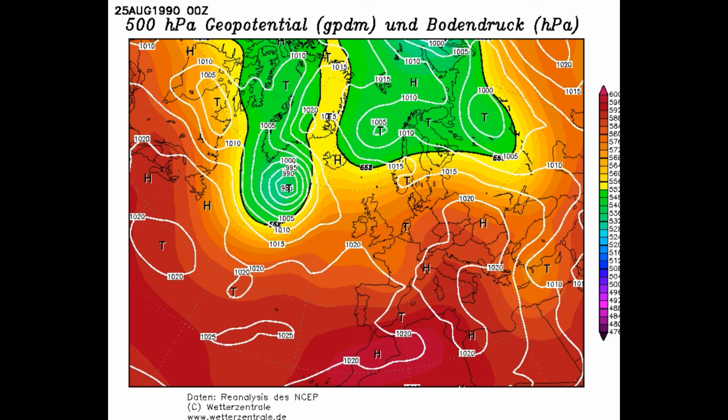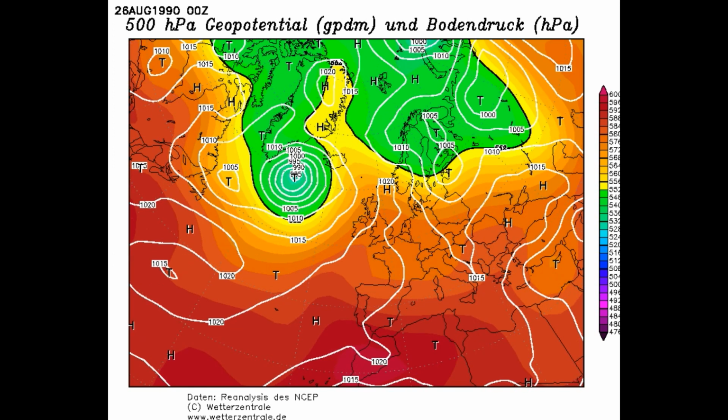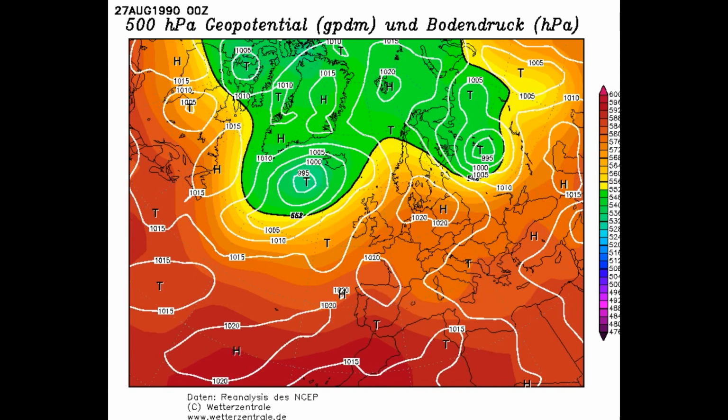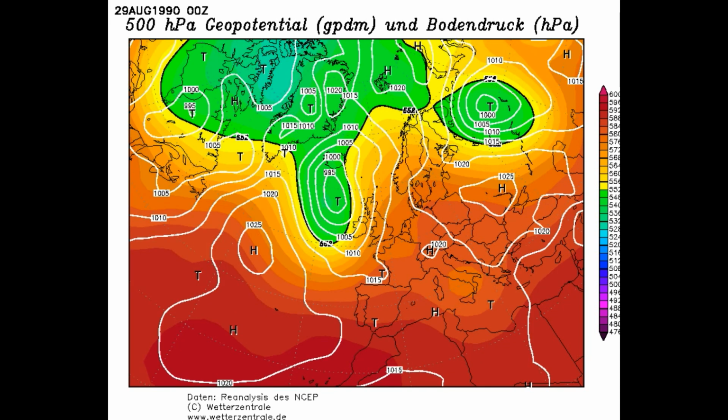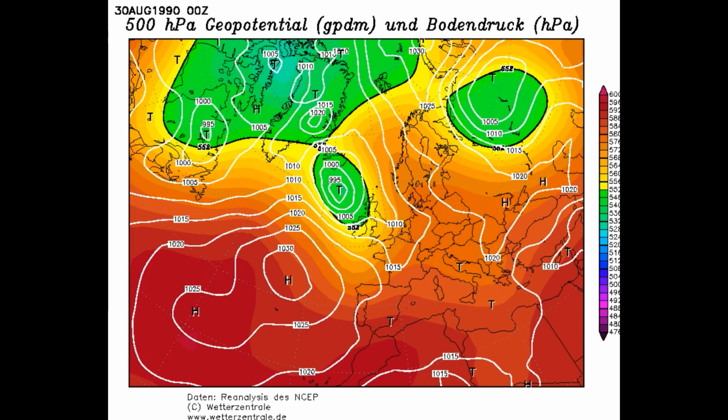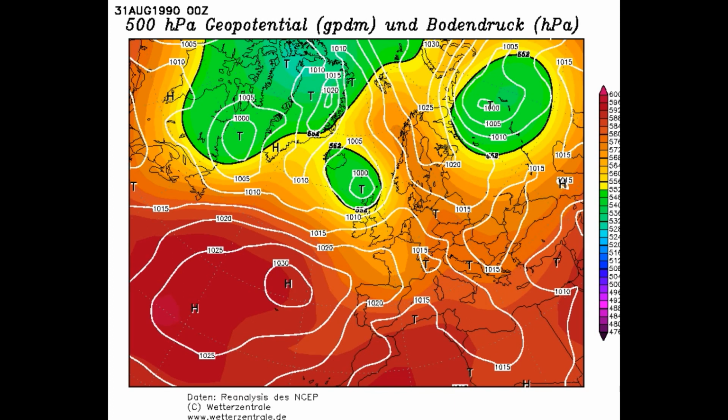But actually, again, as we go through the 26th and into the 27th of August, high pressure has another go, and through the 28th and into the 29th we again record 31 degrees in the east. So the summer does go out with another hot spell before on the 30th and the 31st of August we finally bring cooler weather through the country.